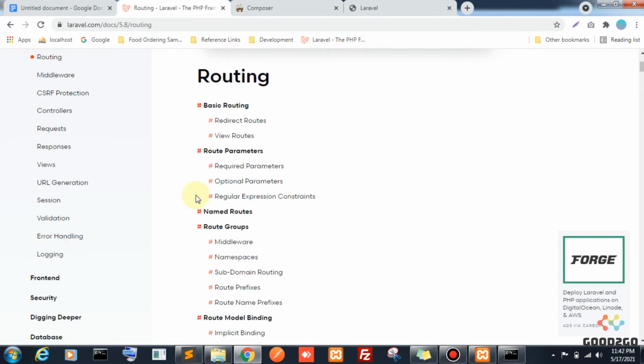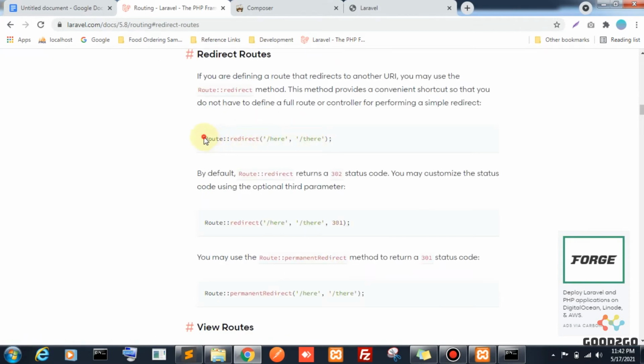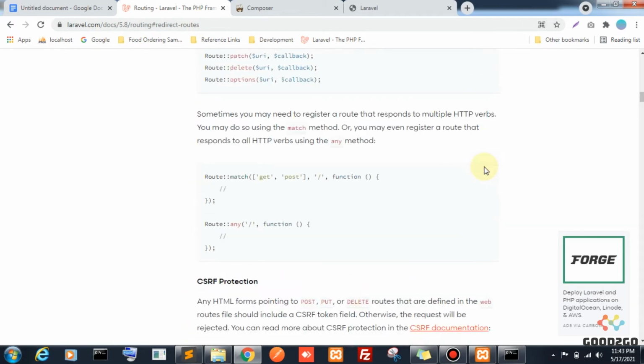In this routing section there are basic routes. So route redirect here to there, which means here is the URL, and this URL will take you to there. That is the concept.